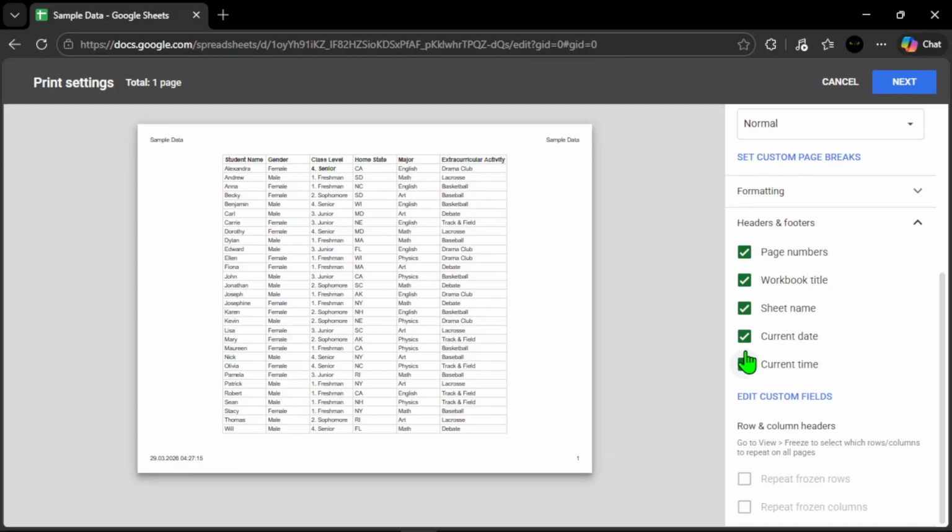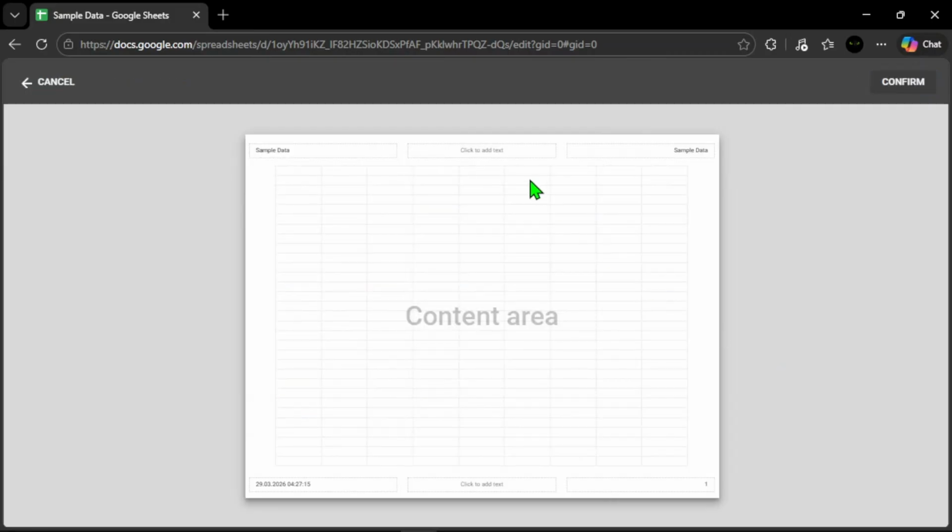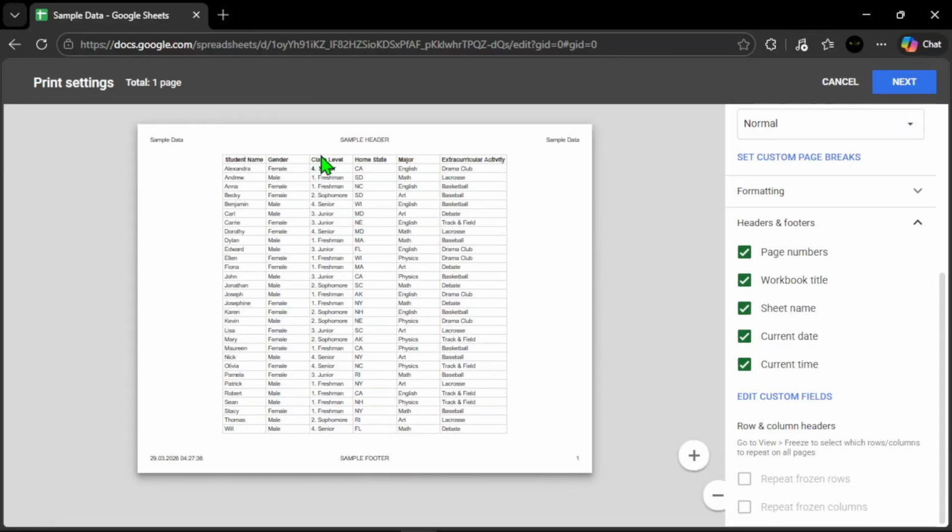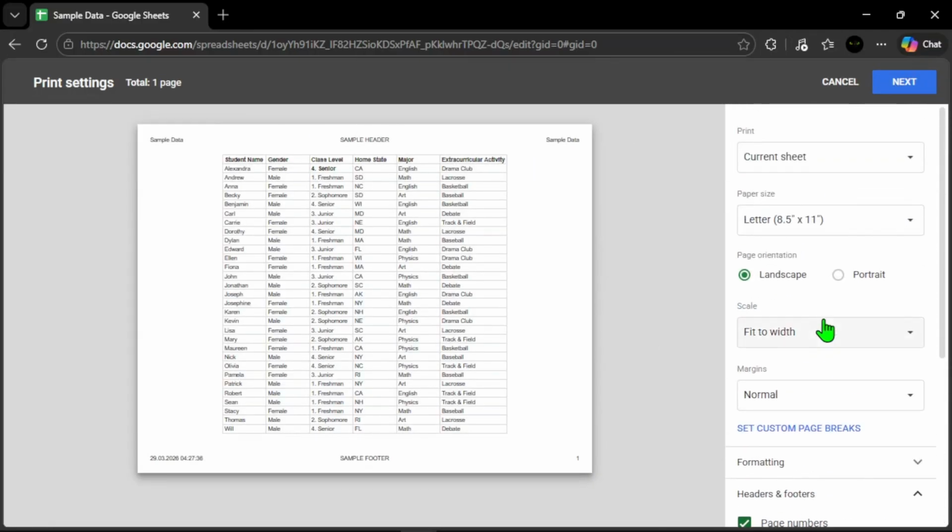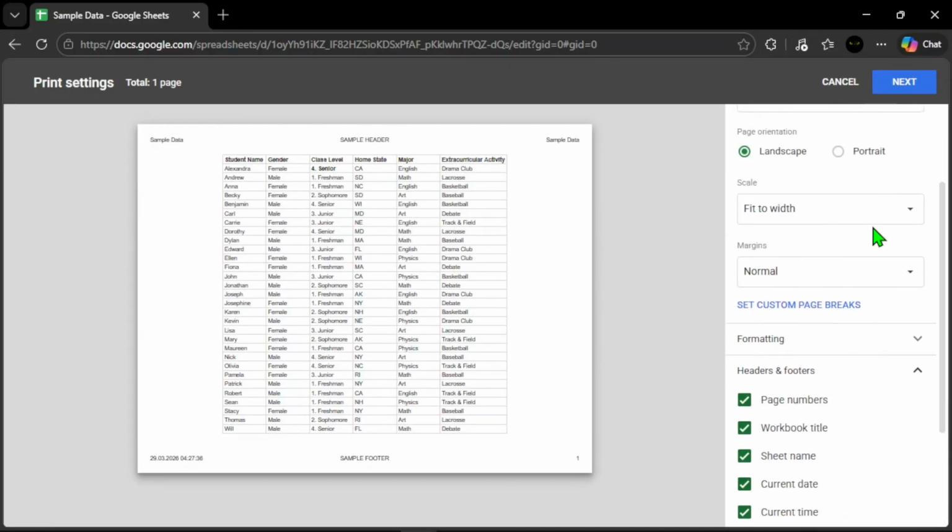If you want to add custom text, look for the Edit Custom Fields option. This allows you to type your own header or footer, such as a company name, report title, or notes. Once you've set everything, check the preview on the left side to make sure it looks correct. After that, you can continue to print your sheet or save it as a PDF with the header and footer